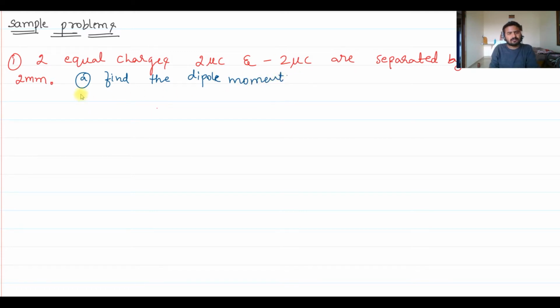And the second question is, if this dipole is placed in an electric field of, say, 20 Newton per Coulomb, in an electrical field of a little more, we will take say 200 kilonewton per Coulomb, then